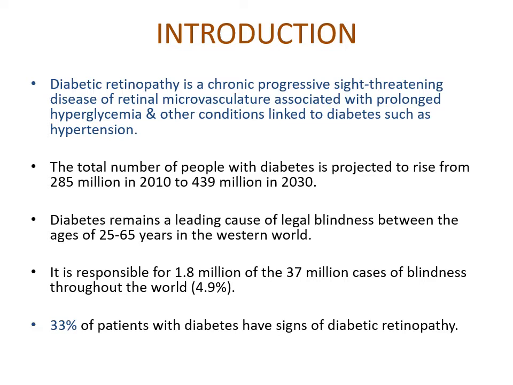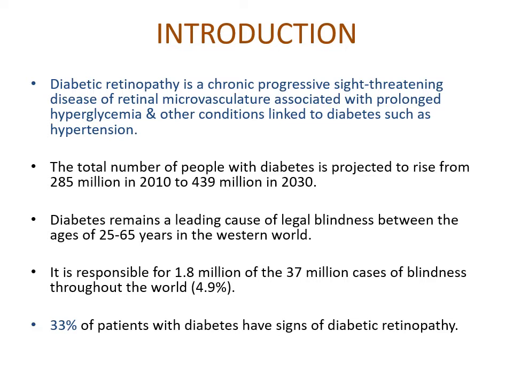So you should know the normal levels of BSL. Now postprandial measurements of BSL and fasting measurements are more specific as compared to random, that you all already know. So BSL PP should always be less than 200 milligram per deciliter and fasting levels should always be less than 125 milligram per deciliter. A better way of looking into the glycemic control is keeping a track of the HbA1c, which is glycated hemoglobin. Glycated hemoglobin should always be less than 7. And it is also associated with conditions which are linked with diabetes, such as hypertension.